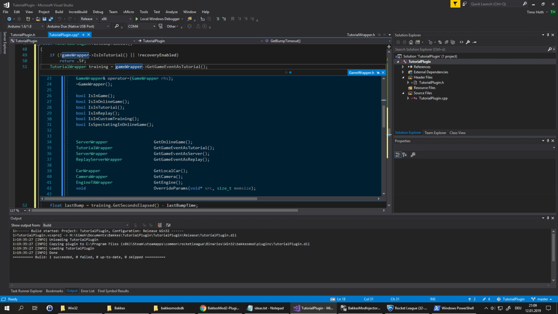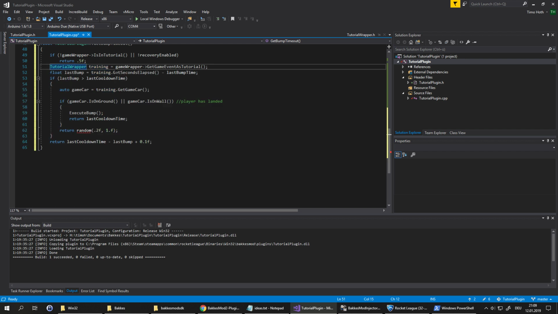So if you are getting an online game, you can obviously not change the position of your car. That won't be possible. But if you get game event as tutorial, then you get a tutorial wrapper returned, and that's what we're doing here. And that means we have way more permissions to act on this. So the tutorial wrapper